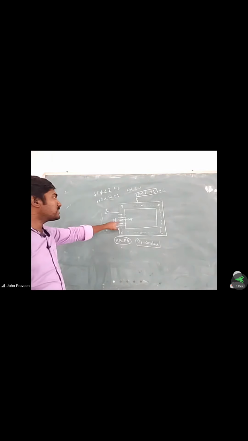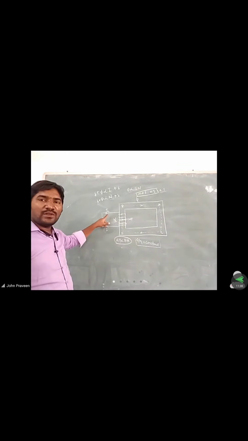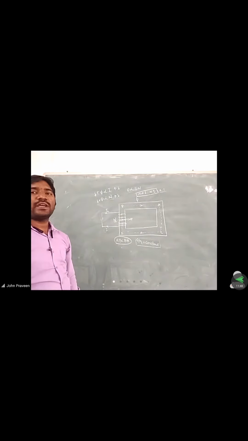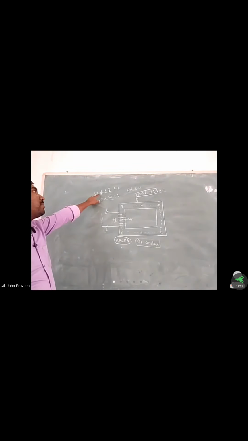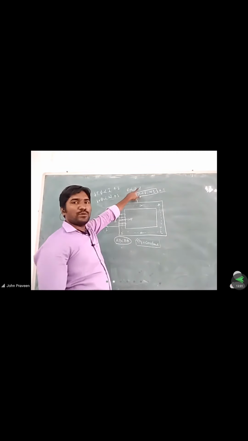So here the flux is directly proportional to the current and directly proportional to the number of turns. If turns increase, flux increases. If turns decrease, flux decreases. Similarly, whenever the I value increases, the flux value automatically increases. If the I value decreases, the flux produced in the material also decreases. From that we draw a relationship: phi is directly proportional to I, phi is directly proportional to N. So we take phi is directly proportional to I into N.